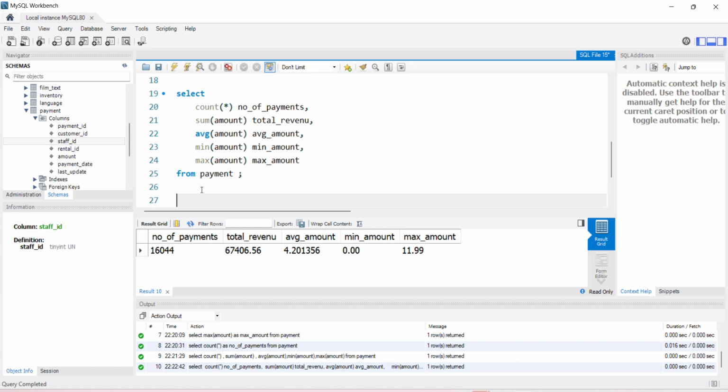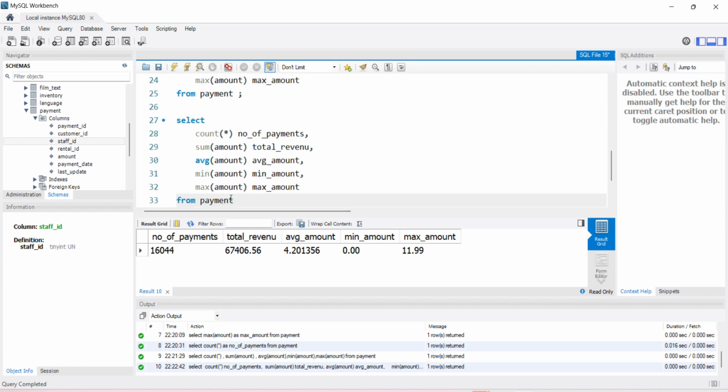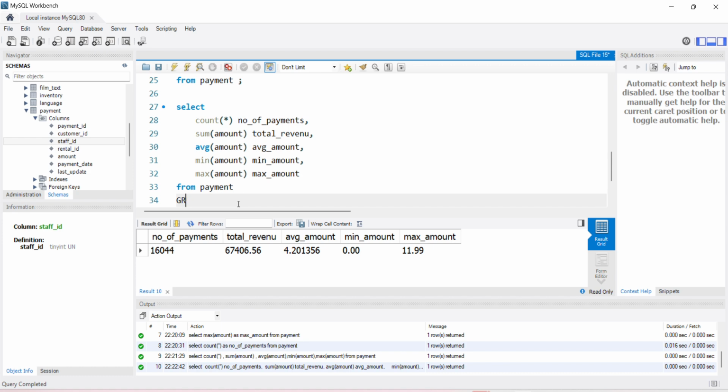Basically, we are grouping the data customer wise. We are grouping the data staff wise. How many payments are there? For that, the group by clause is there. It's also straightforward. Same query. What I need to do? I'm just copying this, pasting here. One line that I need to add is group by